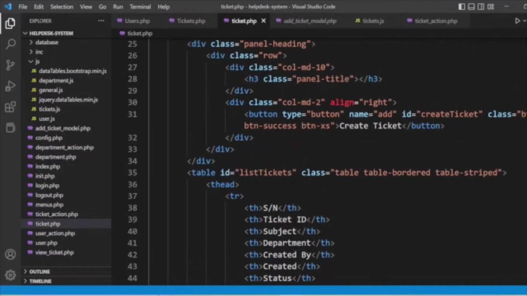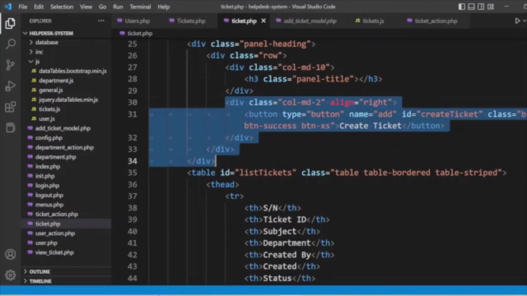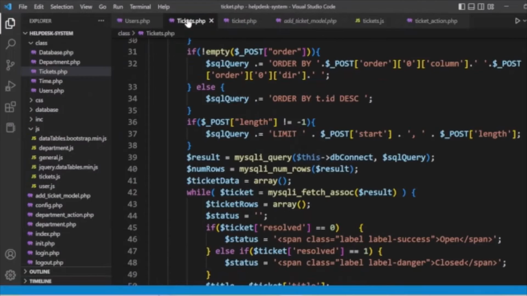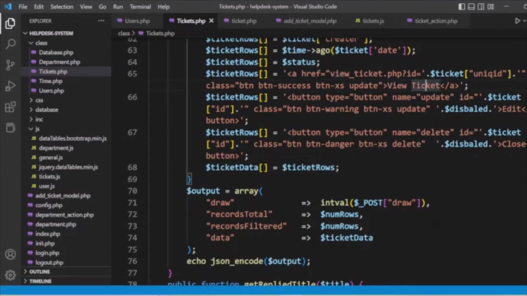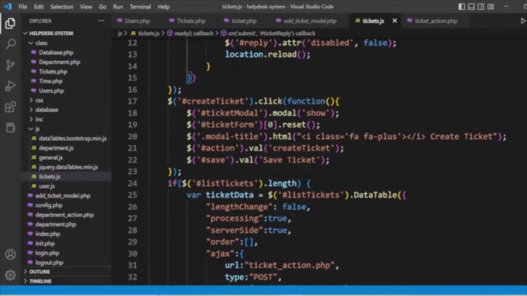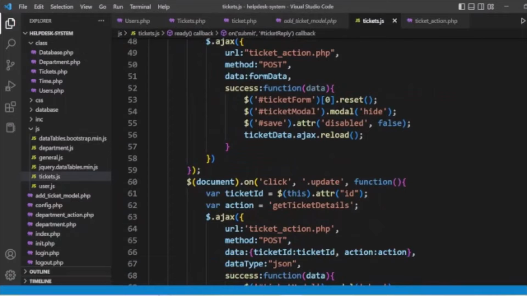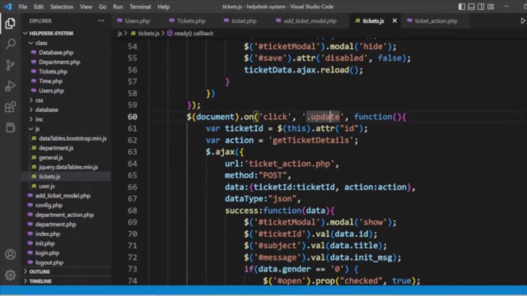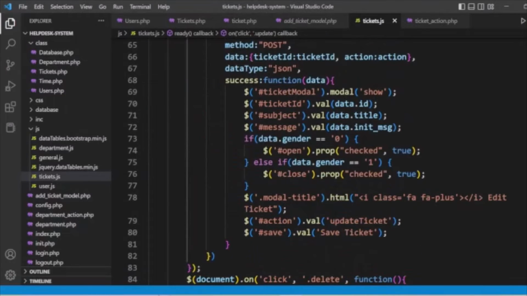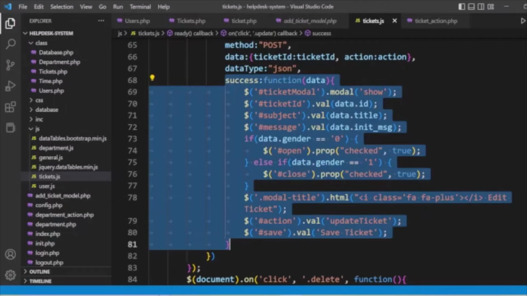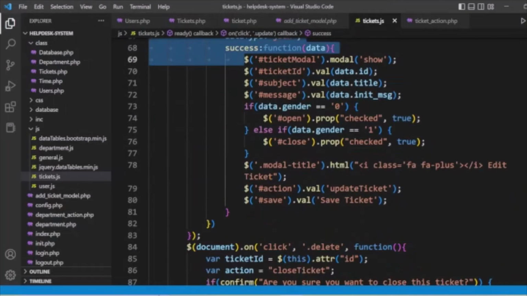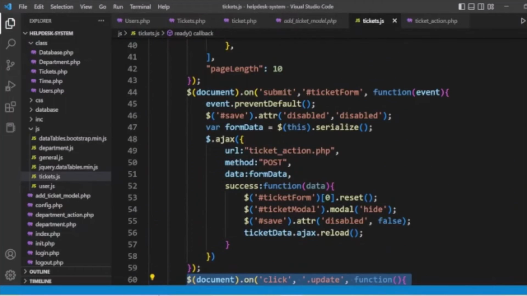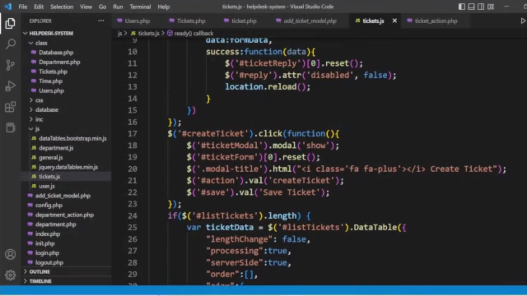This one has an ID for adding a new ticket, and for editing, you can see that we have a class update to view the ticket. On the class update click, this is making the Ajax request to get the ticket details and loading them in an edit ticket modal to edit the details. So the edit ticket details modal will open from here,